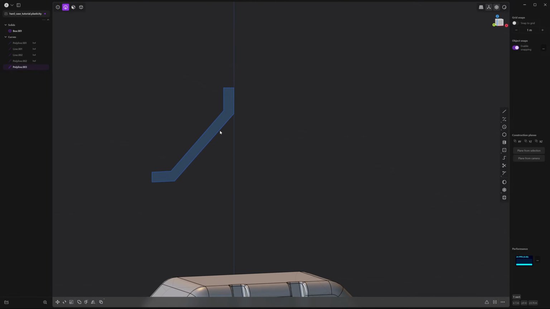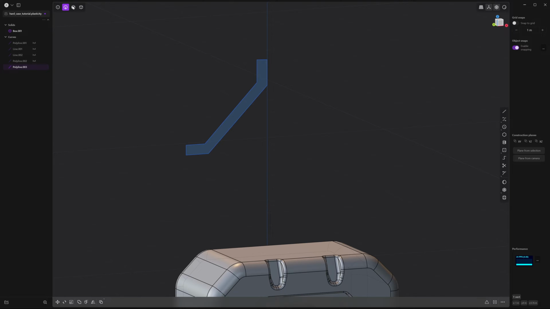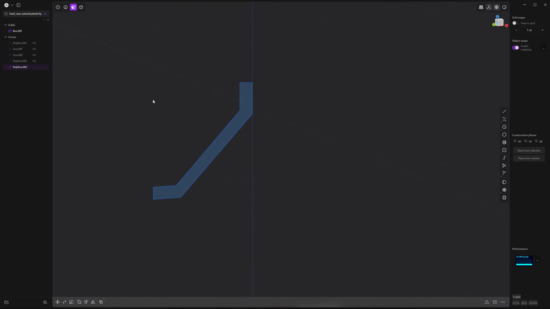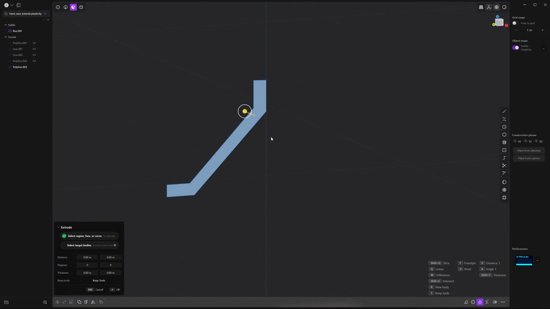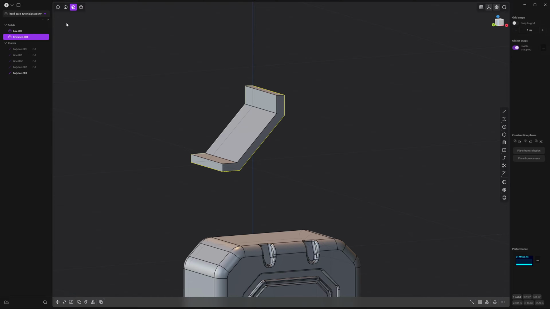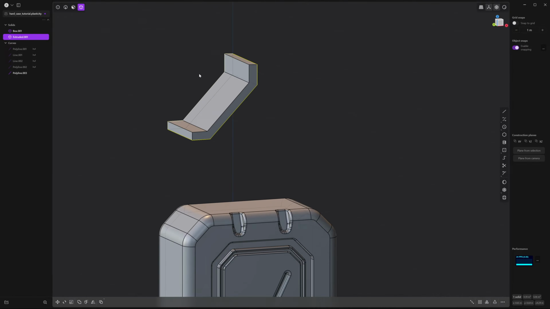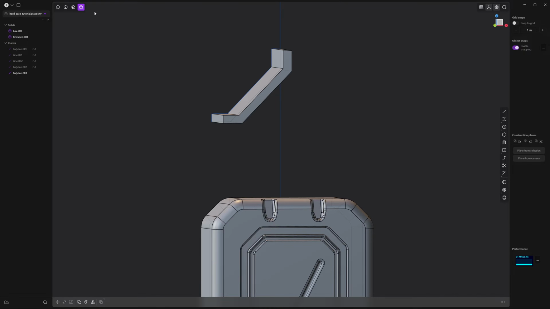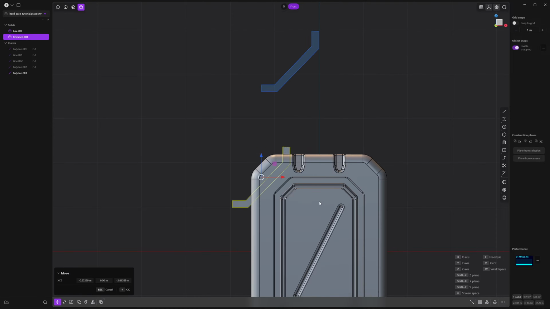So now you see this light blue over here, which means it's a surface, and you can press the face icon or press 3 and select that face. And now you can extrude it. Right click to accept. And you can move it as a body now. So press 4 or the icon top left. In front view, we're just going to make sure it matches the scale here.